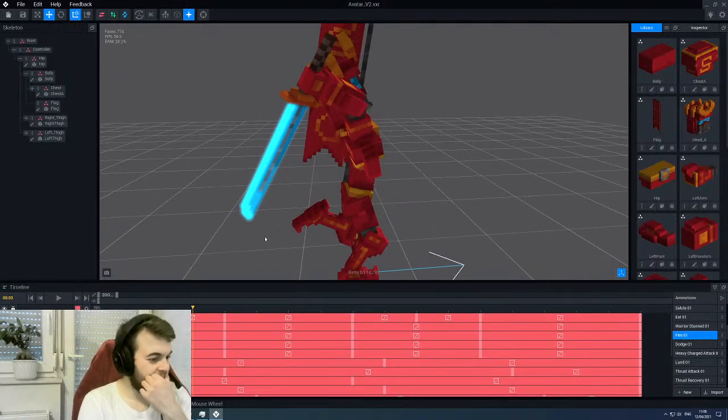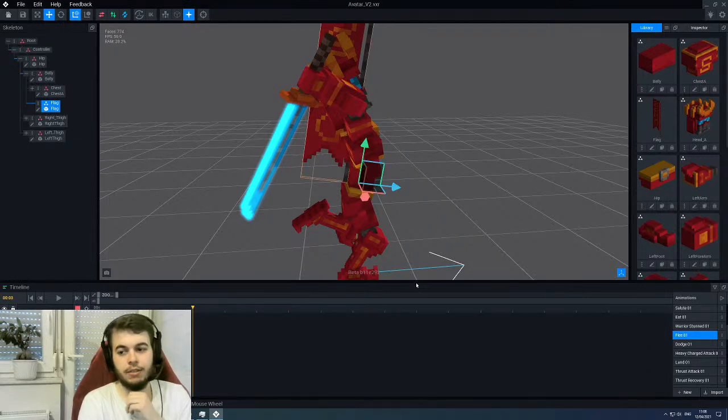Here we can do some stuff with it, and then we'll also have to go, as you can see here, it doesn't have a final keyframe, so we'll have to go through basically all of these animations on the right and add the final keyframe to the